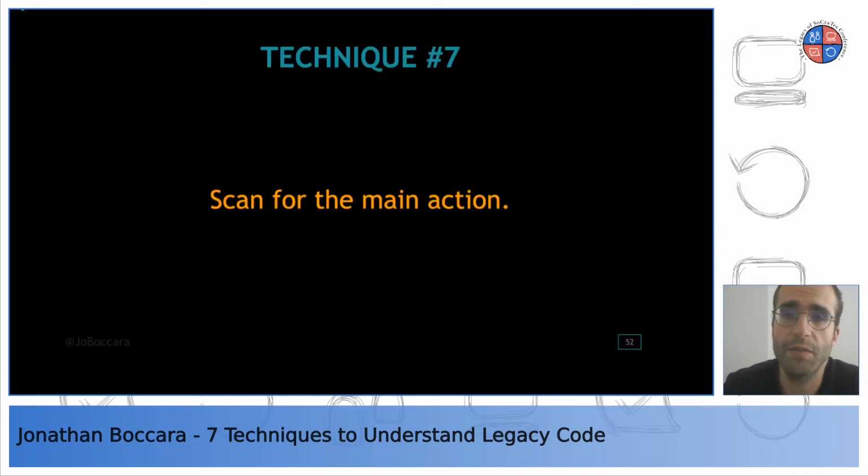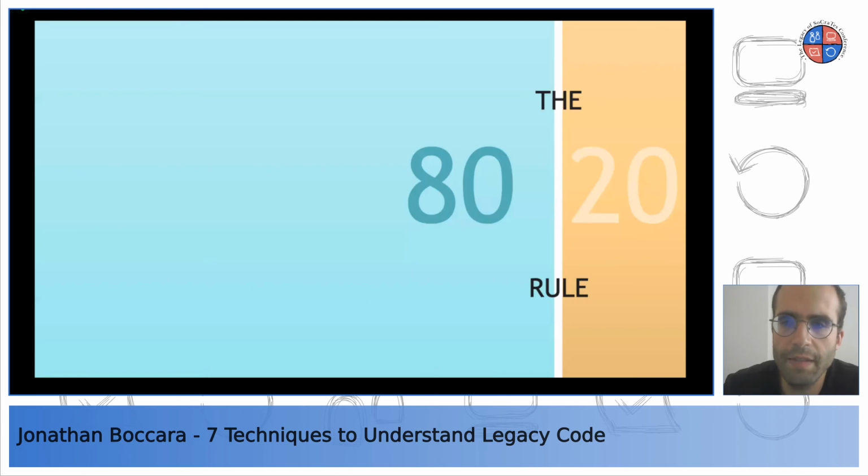And the last technique of the speed reading, and last technique of today, is to scan for the main action. You probably heard about the 80-20 rule, which means that in general, 80% of the consequences can be explained by 20% of the causes. I think I got it right. I often get it wrong, but I think that was about right. It means that most of the consequences are due to a very small set of causes, and we use this 80-20 rule in performance analysis,